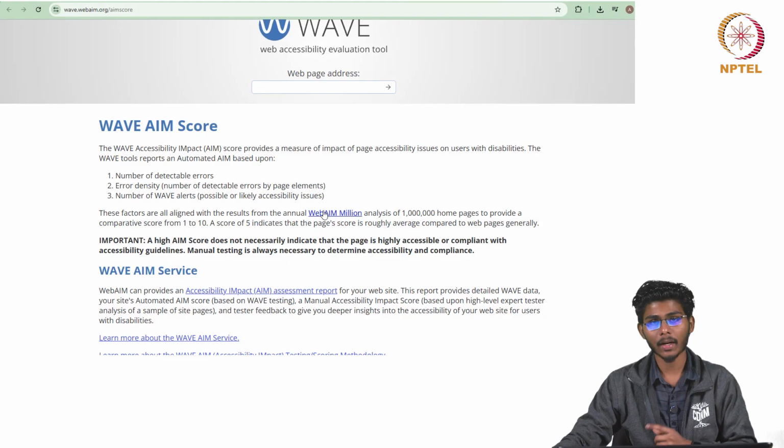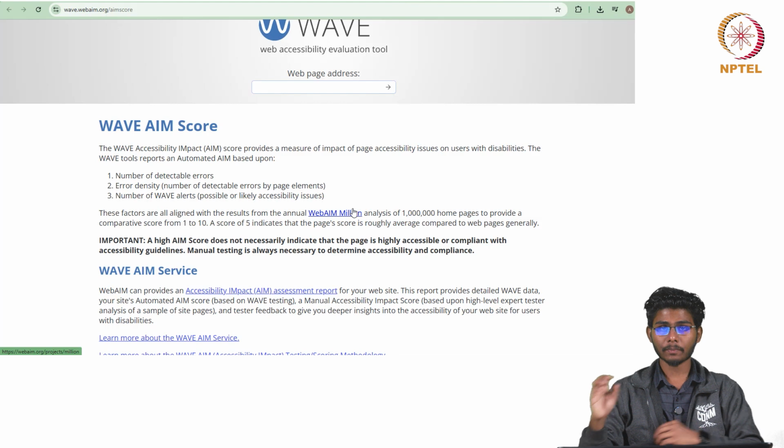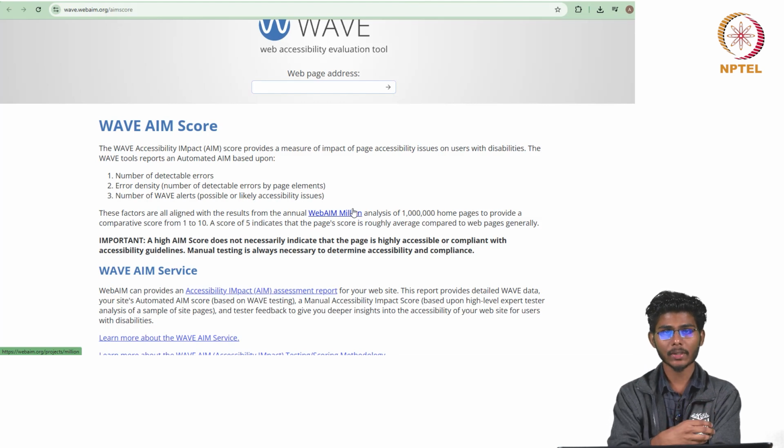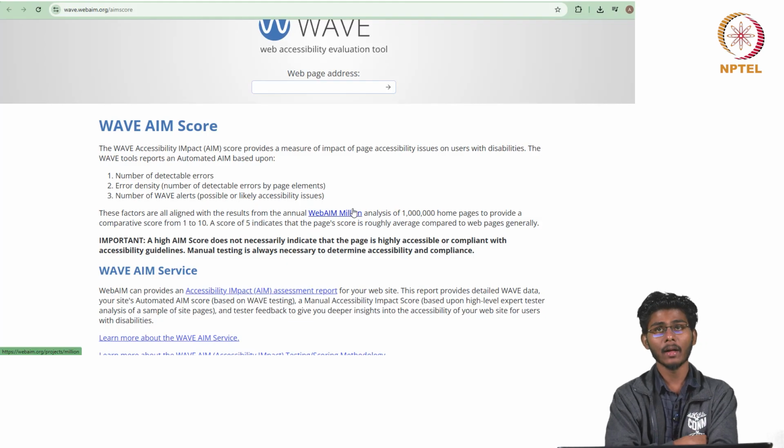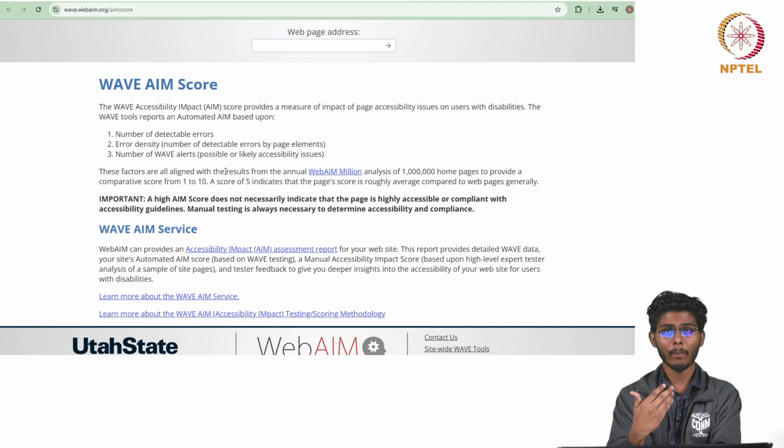The AIM score is a measure of the impact of accessibility on the web page, where a user with disabilities or cognitive issues accesses the website, showing how many errors it is detecting, and also the error density, which is the errors caused by the elements in the website, and also the WAVE alerts. Alerts are the potential barriers of the website which can be solved easily.